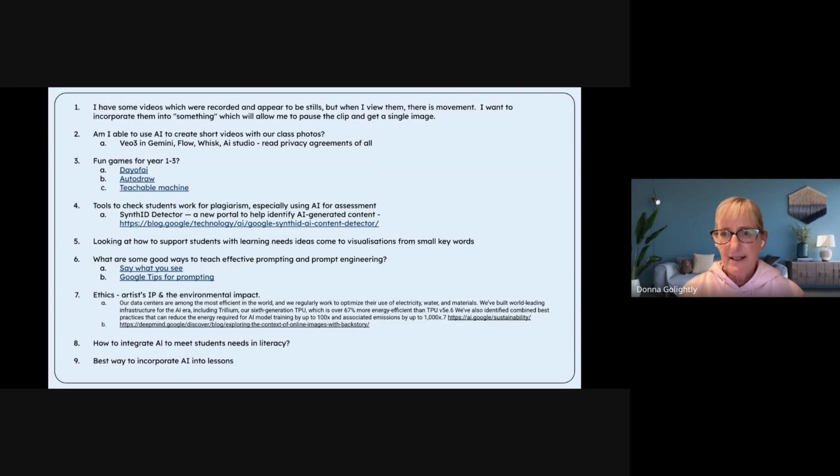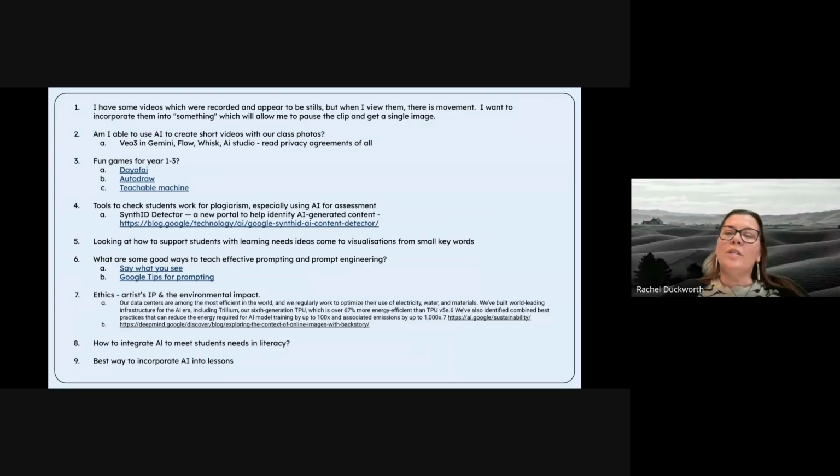Anyone else got any ideas that they have for years 1 to 3? Rachel? Yes, similar, Donna, to what you did with your Sparky. I have used Gen Chess to do exactly the same. So the kids create, it's an AI little tool. You put in what you enjoy. So maybe it's, I don't know, pigs. Then it creates a really cool AI chess set on whatever you type in, and then you ask it to generate the rivals. So with my year 3-4s that I was working with, they weren't allowed to play the game of chess until they had written a brief description as to why they thought the pigs and whatever else was generated